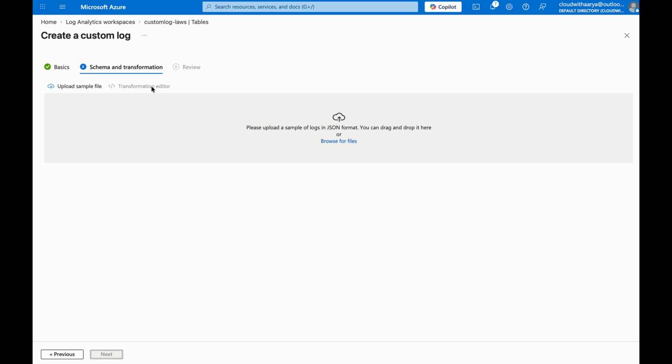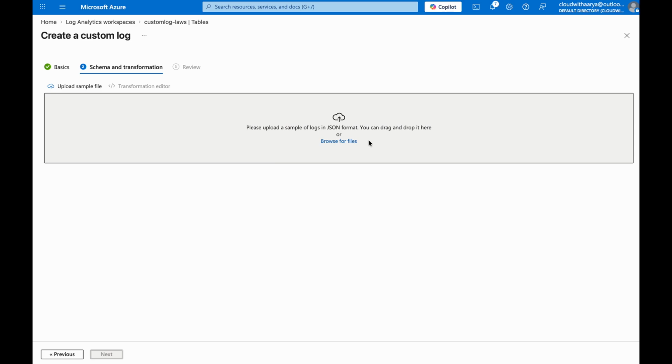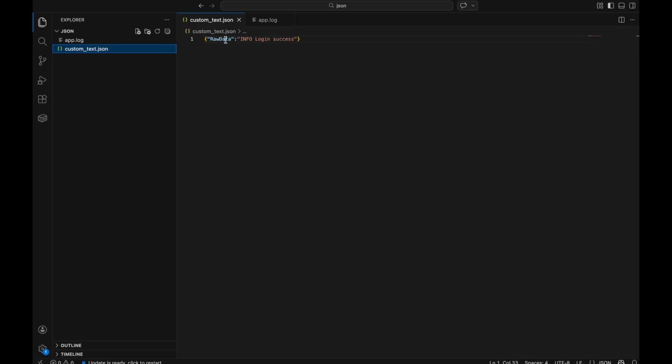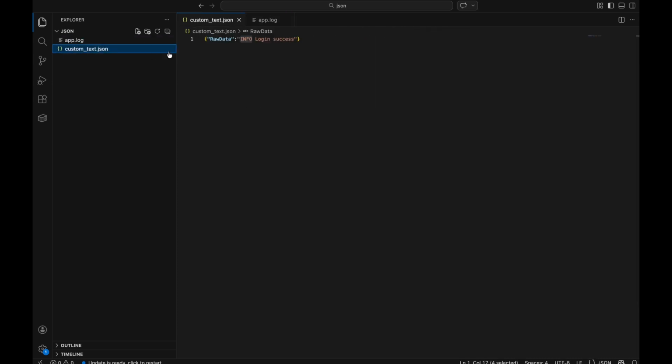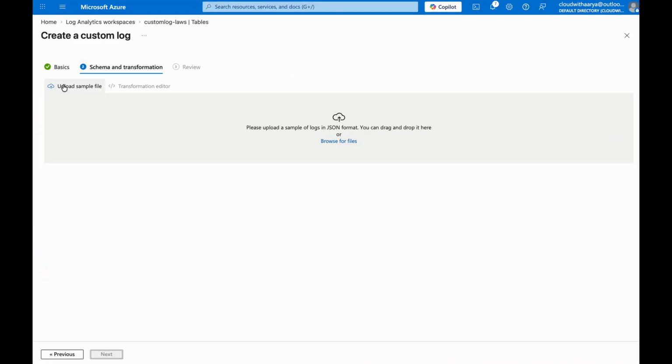For this I'll go to upload sample file and I'll show you the sample file, how our data is going to be. We have the data being the row that is going to be the info, and then the login success which matches with this information. That is, we have the information, what kind of error it is, and then the log. And we also have the time generated, which is going to be automatically created later on. So now we'll upload this sample file,